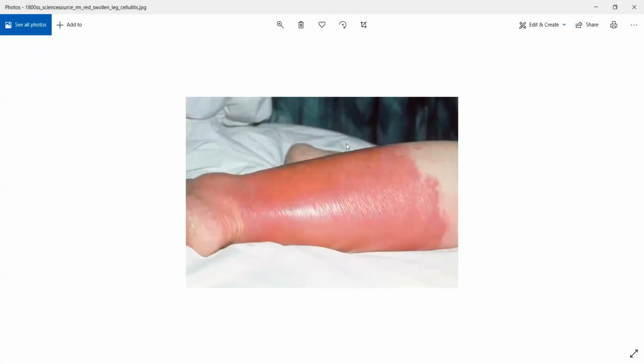See this dark pinkish area that you are seeing, that is an area on the leg that has undergone cellulitis. Generally, it is common in patients who have diabetes. If you go to a hospital and a patient has had diabetes for a long time and has a lot of comorbidities, there is a chance that they might have cellulitis already. This is still not as severe a form.